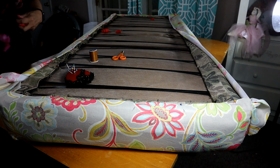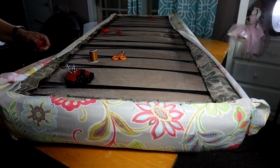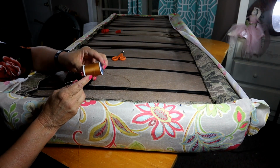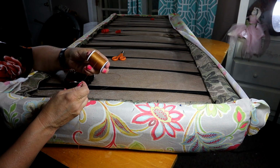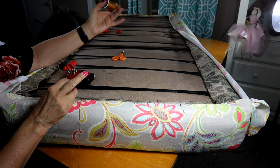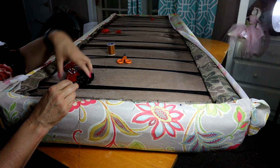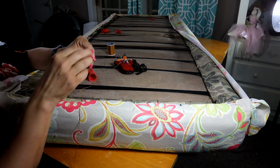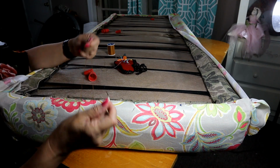I pulled out some blue jean thread. This is the kind of thread that you might line the pockets on a blue jean with, but it is super thick thread. That's why I picked it. It's not going to show. I don't care what color it is, so I picked that because it's super thick. My scissors, my pins. And then I found this needle in my needles, and I don't know what it's for,